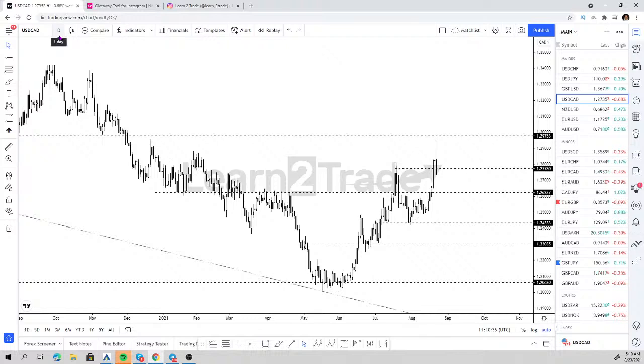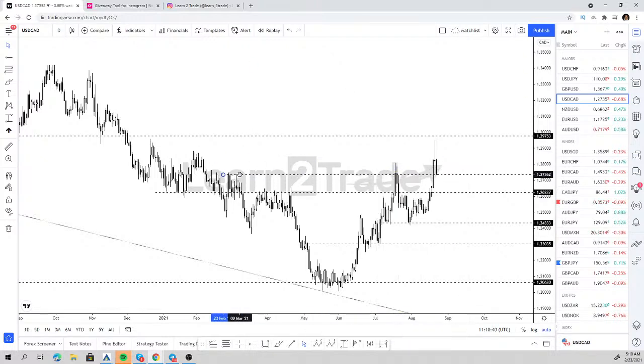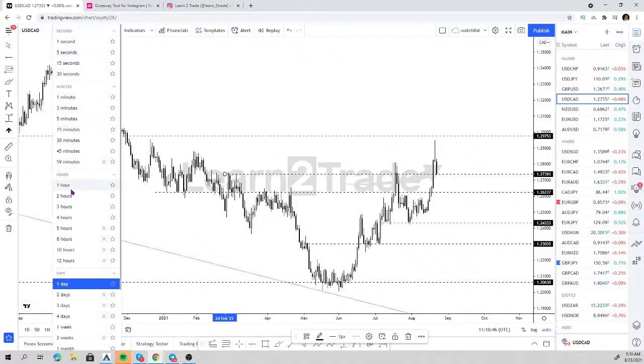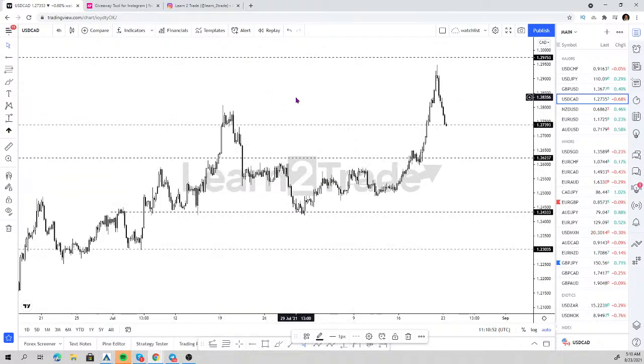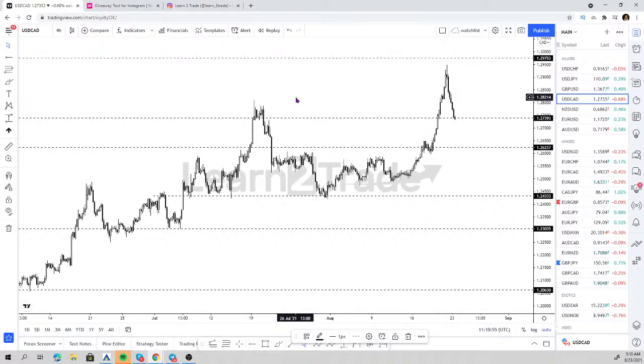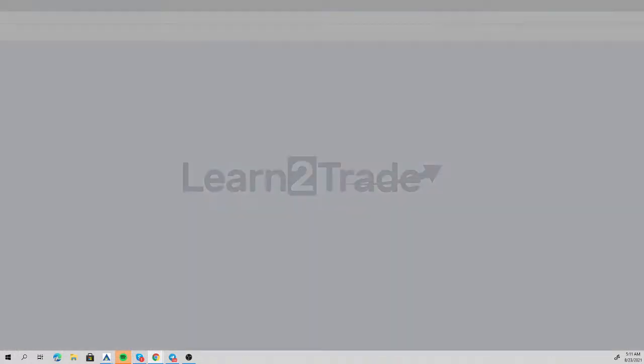So today I was looking at possible longs on the US dollar Canadian dollar. Let's have a look at what's going on. Right, 4-hour chart. Yeah, this is pretty bearish. I'm not going to get involved in this market at all. Even if we get some rallies on the US dollar, this is really not the one that I'm looking at to make money today.